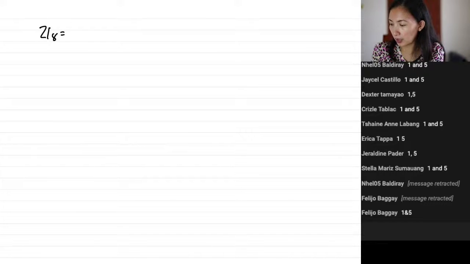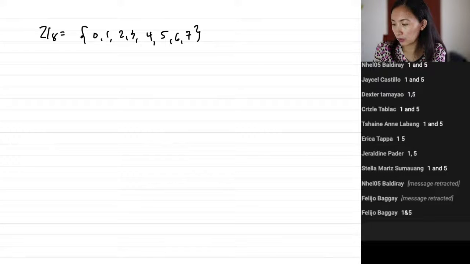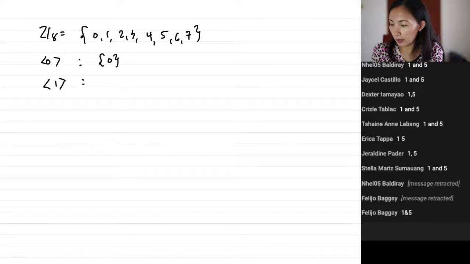Okay, so Z sub 8 has the elements 0, 1, 2, 3, 4, 5, 6, and 7. So, what set does 1 generate? Or 0 rather, 0 generates 0, wala nang iba. How about 1? 1 generates all, diba? Because 1 raised to 1 is 1, 1 raised to 2 is 2, then 3,